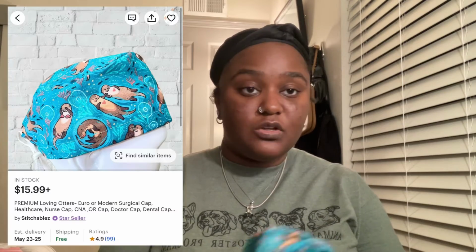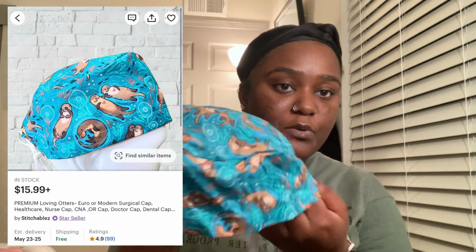And these will be used for surgery if you're actually in surgery. Even if you're shadowing a doctor, you can put these on just to keep your hair covered. And of course, obviously your bun would be inside of it just to protect your head from dropping excess hairs in a sterile field. The other one I also got from Etsy is an otter one, which is really